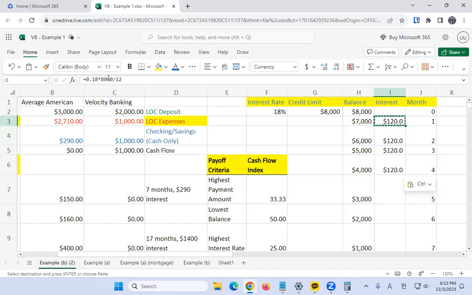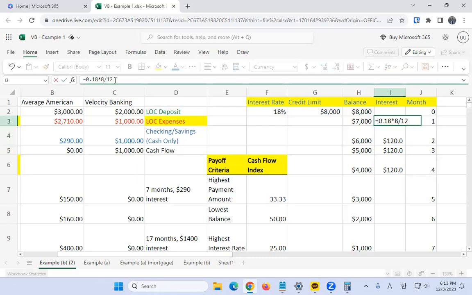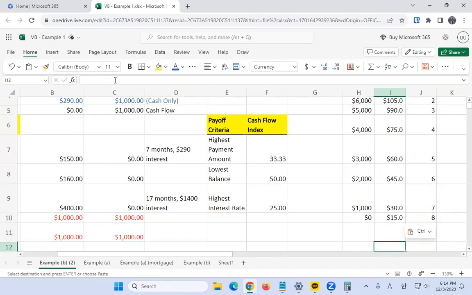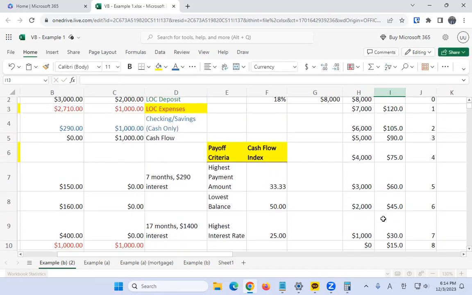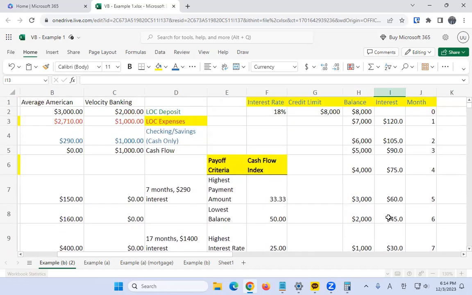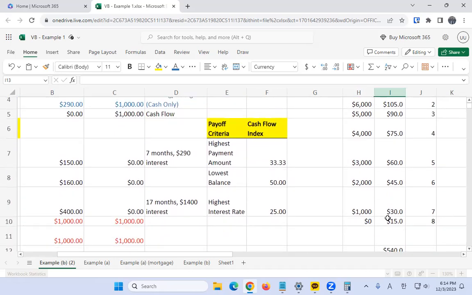Oh, did I screw up? Yeah, I did. Okay, I'm screwing up a lot today. We have to refer to the previous months. Again, these are all just estimates, but this is an easy way for you to estimate the interest. 540. So 540, and our cash flow is